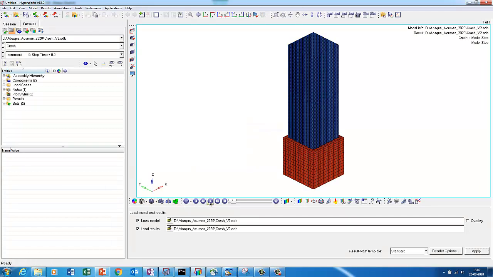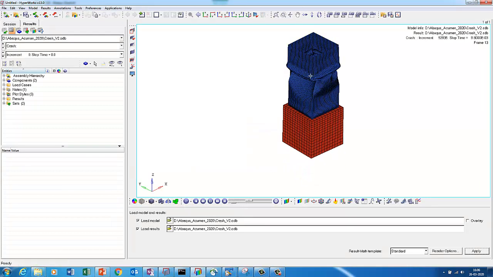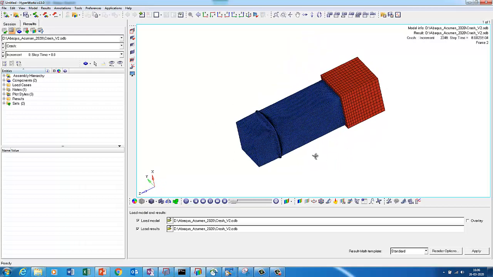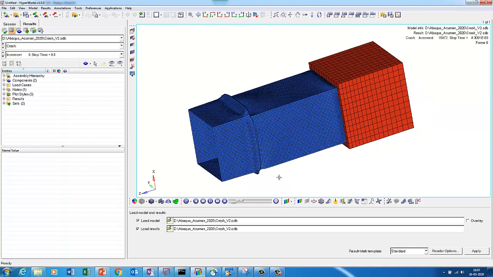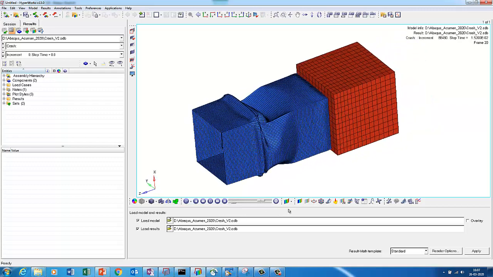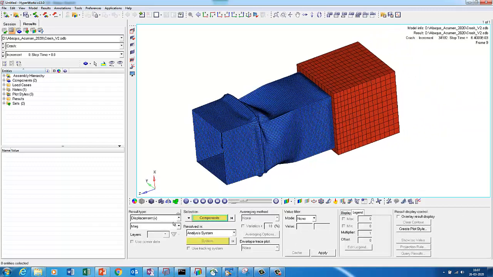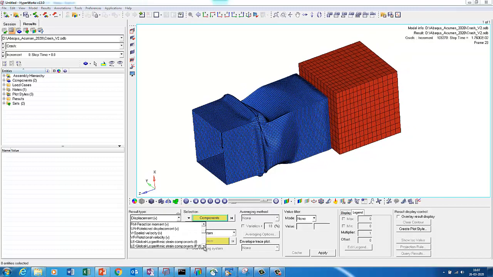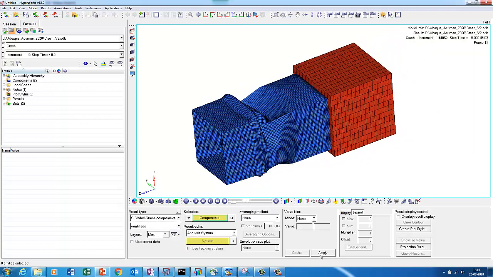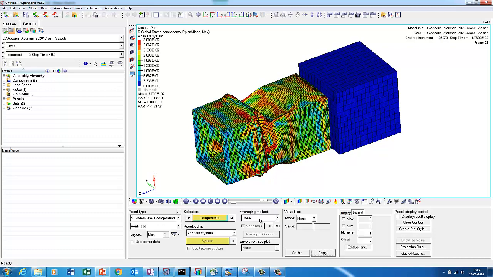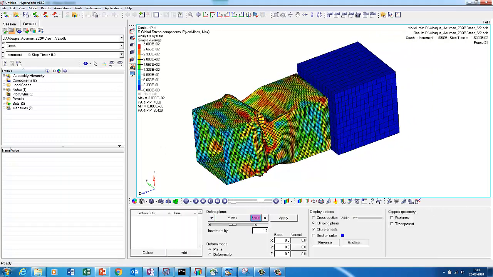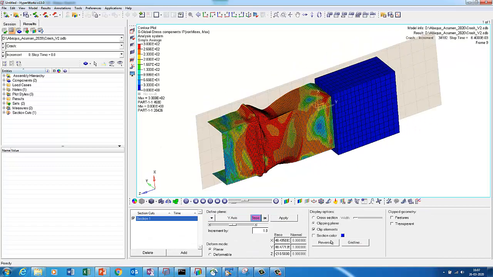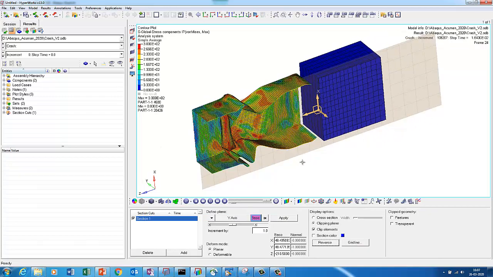and I say mesh mode. Let's see how we see it. So this is how the structure gets deformed. We'll also put a stress plot, and then probably we'll take a section cut. So you go here and then put a section cut, and then you say reverse. So you see how